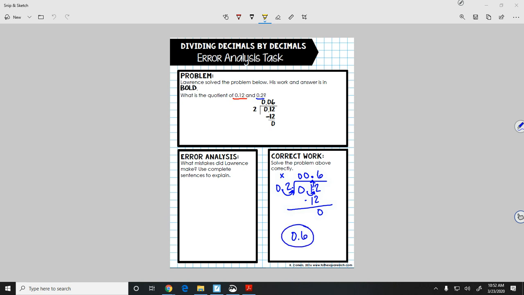Okay. If we look up here, Lawrence got 6 hundredths. So what did he do wrong compared to what we did? Well, it looks like he went ahead and moved the decimal over, but he forgot to move the decimal over in our dividend. So we could say